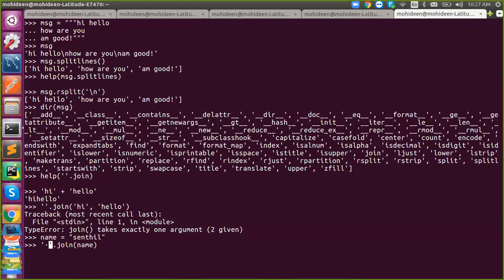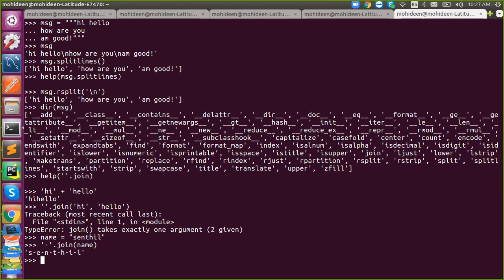A hyphen will be added to the name. To the name where? Just try to track it. I told you the secondary will be kept in between. Join will keep the secondary string in between. So S-e-n hyphen t-h-i-l, something like that. S hyphen e hyphen n. Exactly. That's it. Okay.